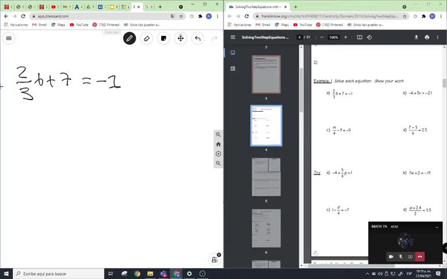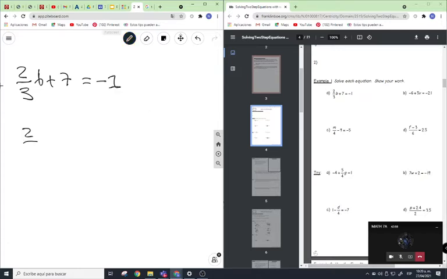So when you see the letter b that is here, you see that the 2/3 is together. It's really close to the b. It's almost in the same place. So we are going to leave that to the end. And the other thing that is a little bit farther is the 7. So we are going to get rid of that 7 first. So